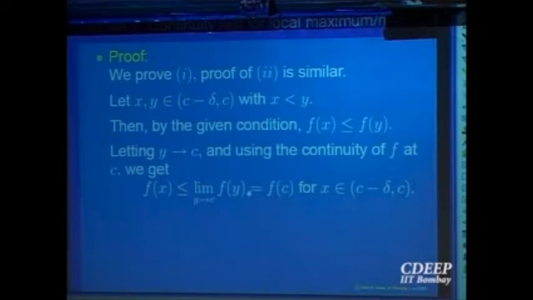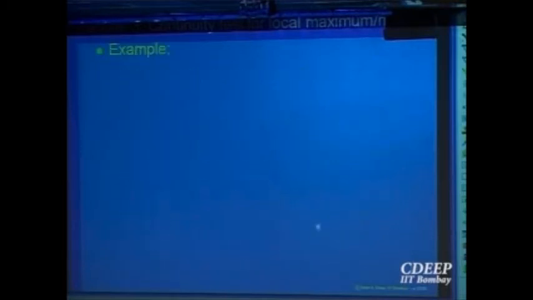Same you can do on the right side of it. Again use continuity. So similarly, f(x) is less than or equal to f(c) for x on the right side. So that says it is the point of local maximum for the function f(x) at the point x equal to c. Intuitively, geometrically, it's quite clear: it is increasing on the left, decreasing on the right, but you should have continuity at the point c. So this is continuity which makes the thing work. That's why it is called the continuity test for local maximum or local minimum. Clear to everybody? So local maximum, similarly local minimum.